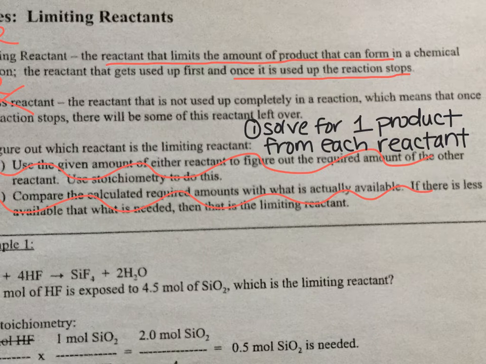All right, so solve for one product from each reactant, meaning do one railroad track or dimensional analysis thing all the way across from each of the reactants. You get to pick whichever product you want. You just got to be comparing the same thing. So once you've solved for that product from each of your reactants, so you have two railroad tracks going across,